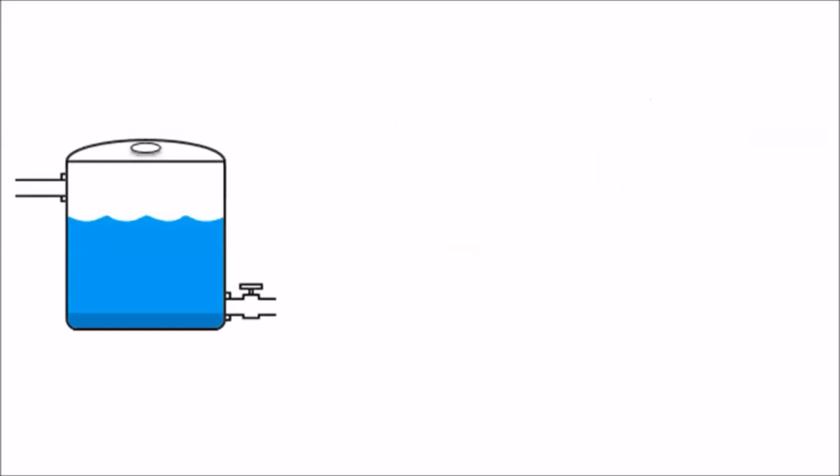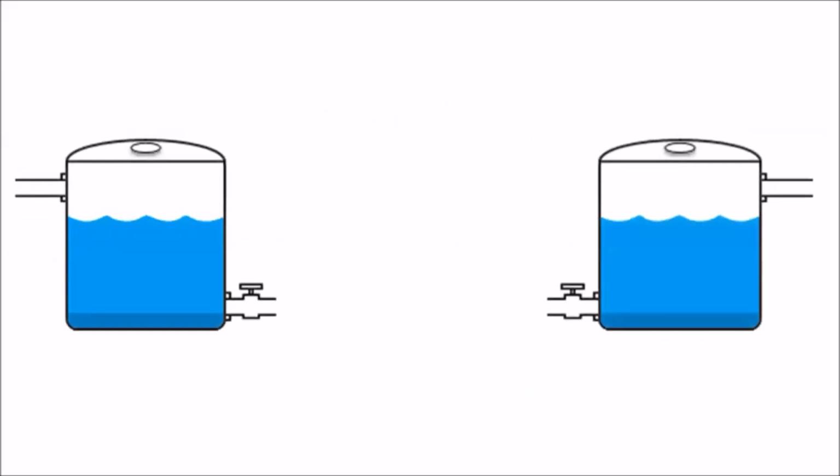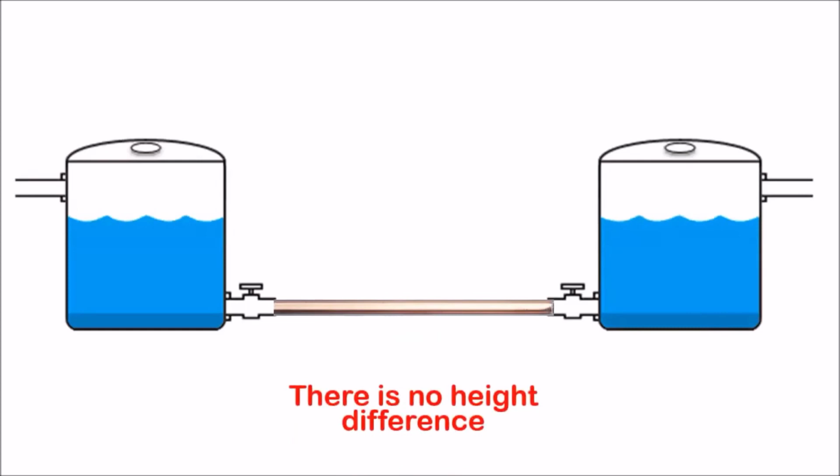Before learning about voltage, let us see one example. Consider there is a water tank and we have another water tank. Consider a pipe which is connecting the two water tanks. Now can you say from which direction water flows? From which tank to which tank does water flow? Here the answer is water doesn't flow because there is no height difference. When both tanks are at the same height, there will be no flow of water.